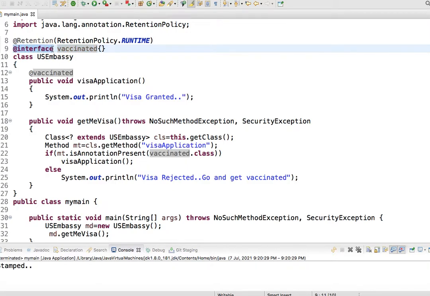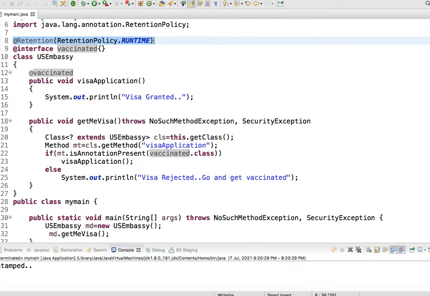That is the keyword which you must supply while creating an annotation. And prior to that, I have used the retention policy. We can supply three types of retention policy. If you want to know about the retention policy, then please write in the comments so that I will make a video regarding the retention policy. Just I am telling you, retention policy is a kind of annotation we can use for specifying how long a particular annotation is going to be available.